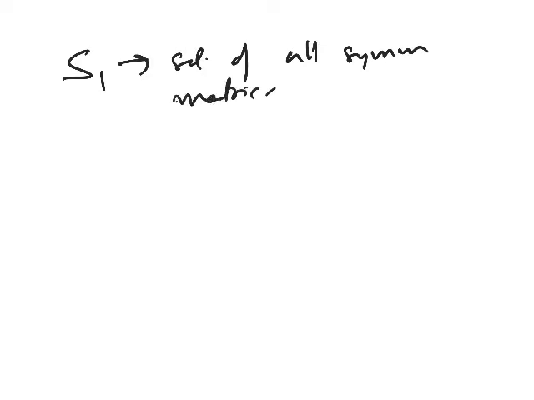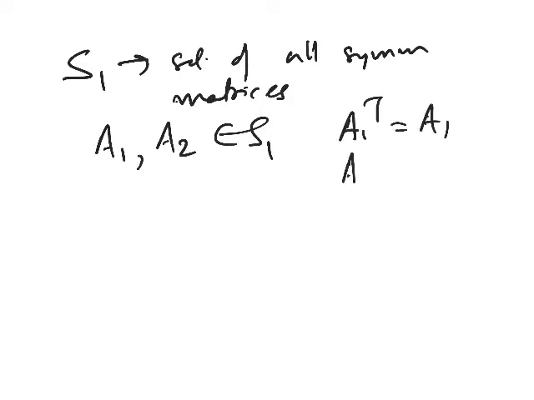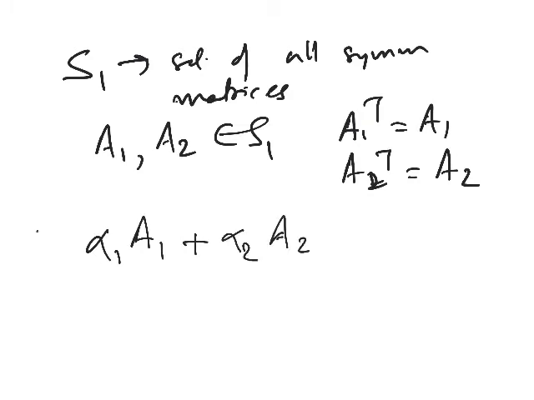Okay, so S3n, okay, that is correct. So the set S1 is the set of all symmetric matrices. So let A1, A2 be elements of S1. When you know that A1 and A2 are elements of S1, what do you know? A1 transpose is A1, A2 transpose is again A2, right? Now if I take a new vector which is alpha 1 A1 plus alpha 2 A2, I'm calling this